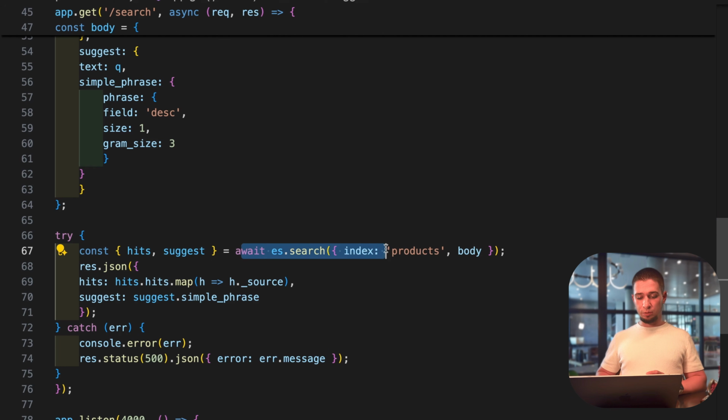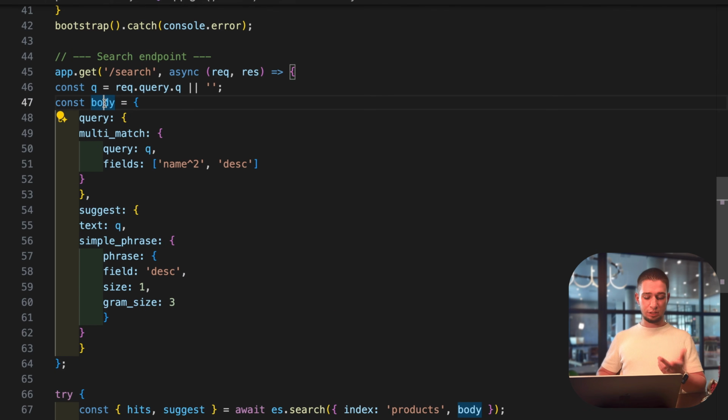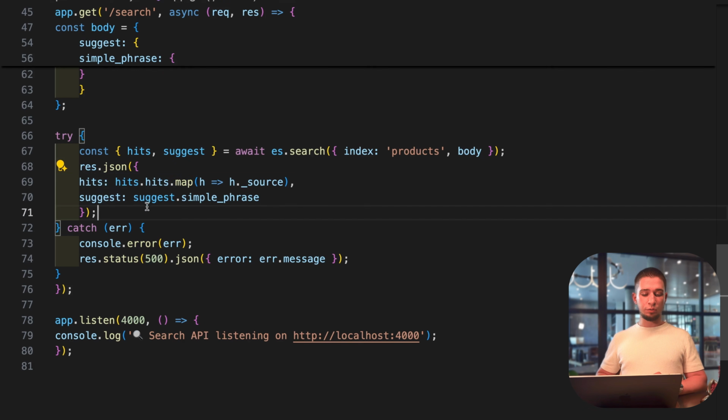So we are taking our search, we're taking our index products, and the body that we are sending, this one body. And for our return, we have hits and we have suggestions. 2 things. First, it is our recommendations, what we have found, hits, and suggestions. Which request would you like to write?